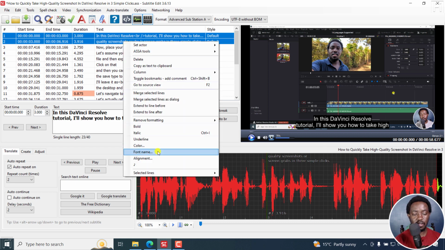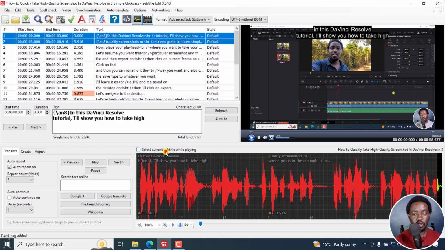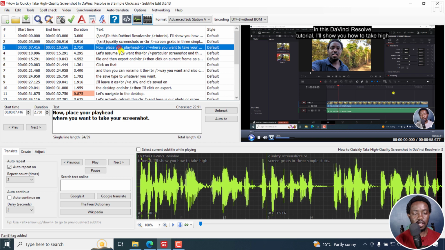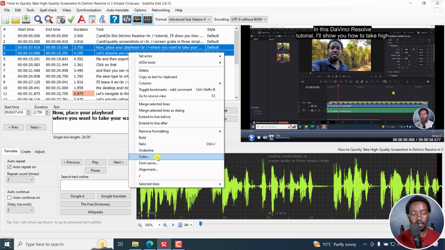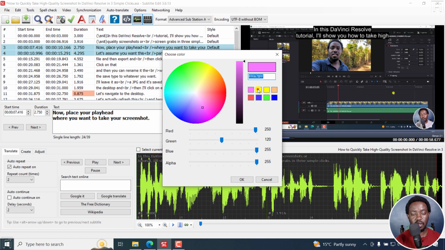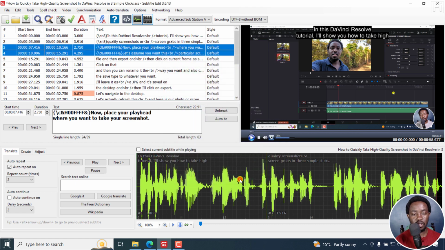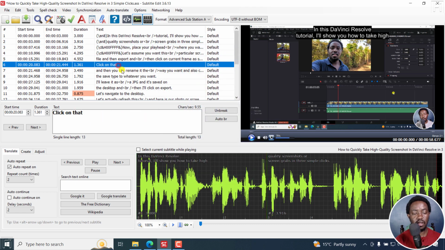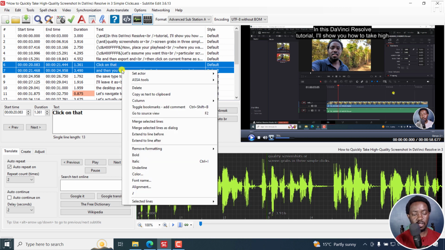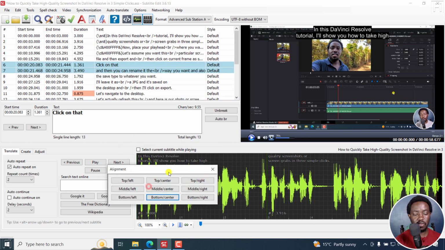Right click, alignment, top center. So these two have gone up here, top center. And then as for these other two, I'm going to give them some color. Let's say we want them to be yellow. Click OK. That's fine. And then let's say these other two here, we're going to give them alignment for maybe